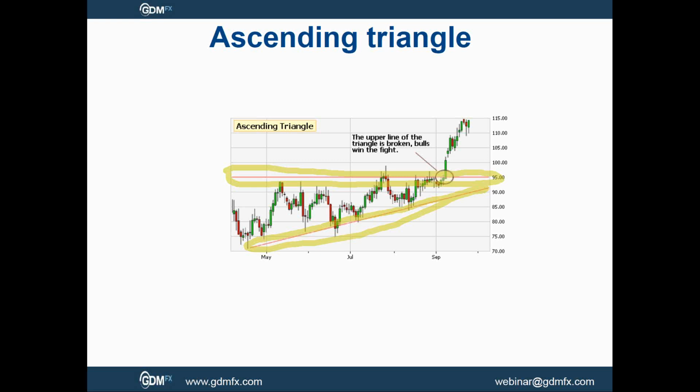So this type of triangle, as seen in the presentation picture right now: the price moves to a high that faces resistance, leading to a sell-off to a low. This follows another move higher, which tests the previous level of resistance. Okay, upon failing to move past these levels of resistance, the price again sells off, but to a higher low, which sets the continuation